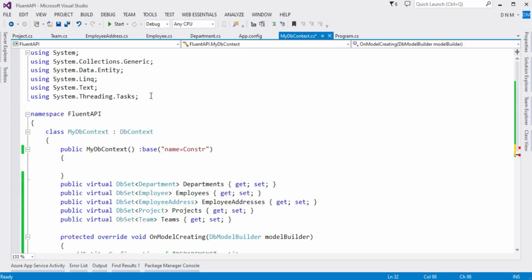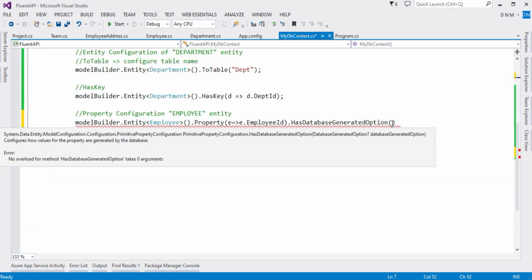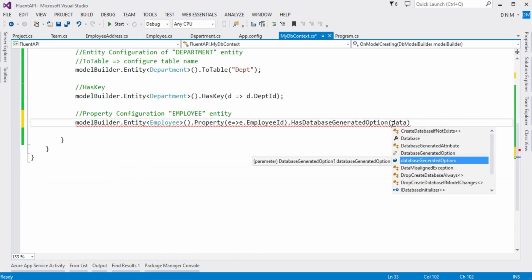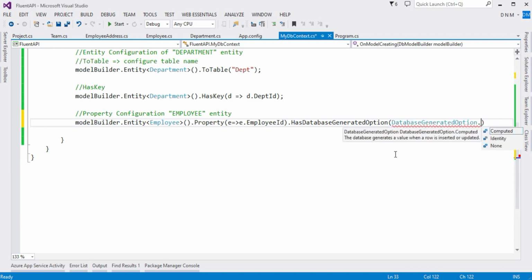Let me add it in the upper section using System.ComponentModel.DataAnnotations.Schema. Now here I'll say DatabaseGeneratedOption, and you have to choose this enum dot None. By default it is Identity. We do not want it to be of type Identity, so I said None.